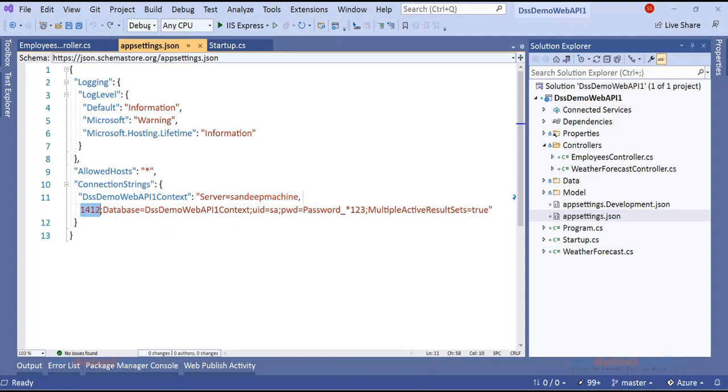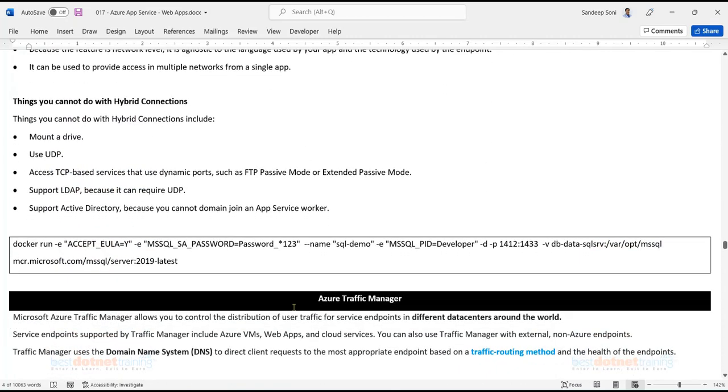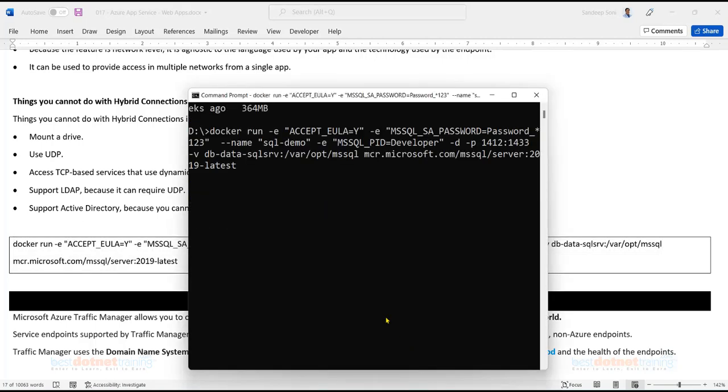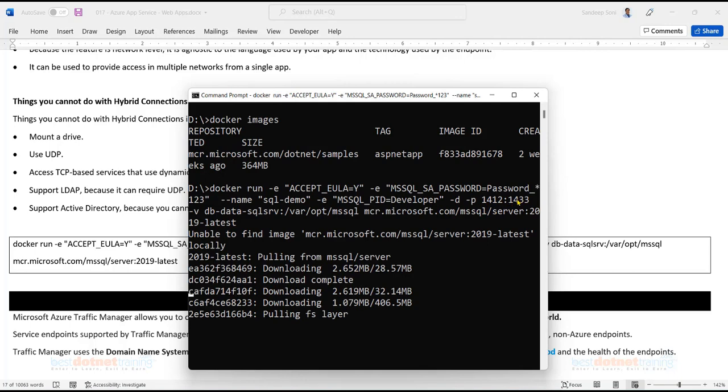Now what I did is, on my machine, I'm going to run this command to create a SQL Server instance. It can be a SQL Server non-container instance also in your network, but for simply demo purpose, I'm creating a Docker container. And in the Docker container, I have done something called port mapping for 1412 to 1413. So if I send a request to my local machine 1412, it will forward the request to the container 1413. That's how this configuration is.